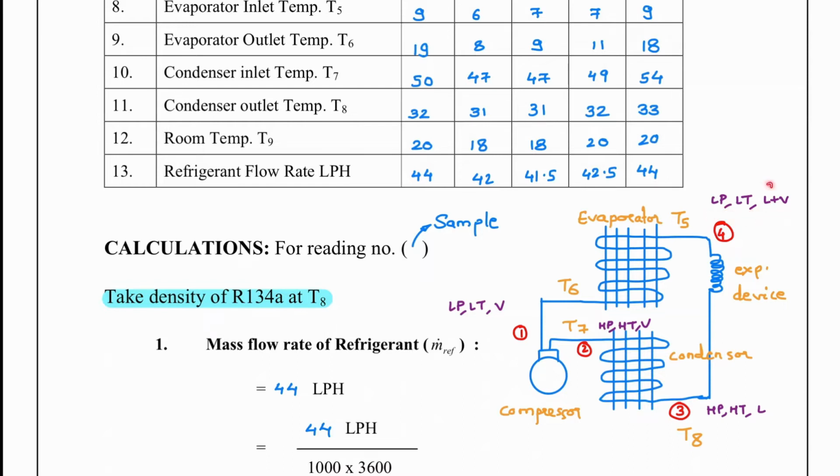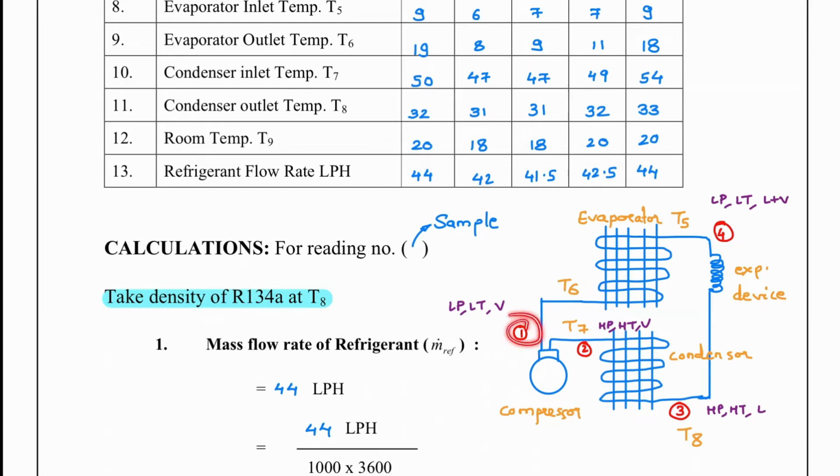Out of this liquid plus vapor, most of the part will be liquid. Now this liquid plus vapor, low pressure, low temperature refrigerant, enters the evaporator. And in the evaporator, in case of AC, what is the evaporator? This will be the room. The room will be there, people will be sitting inside the room, and out of the liquid plus vapor entering, the liquid will pick up heat from the occupants and get converted to vapor. And finally at the outlet of the evaporator, again we have low pressure, low temperature vapor.